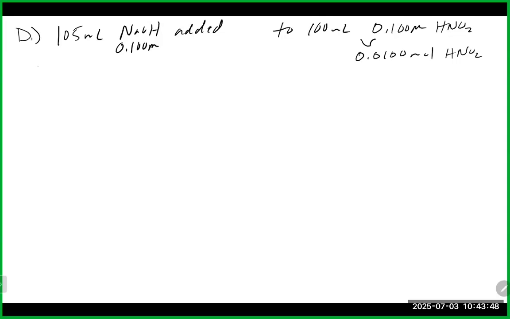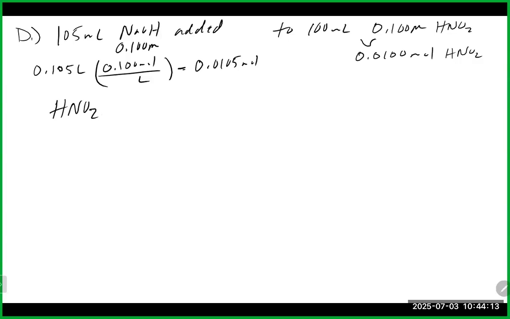We'll get our moles of our base: 0.105 liters times our 0.1 moles per liter. And that's going to get us 0.0105 moles. So again, we're ready to do our ICE table here, HNO2, sodium hydroxide,